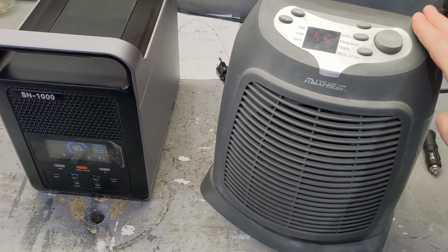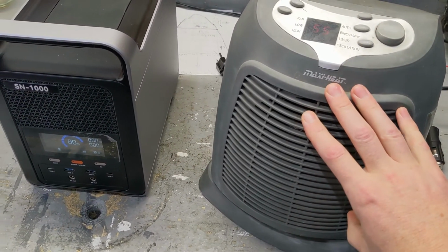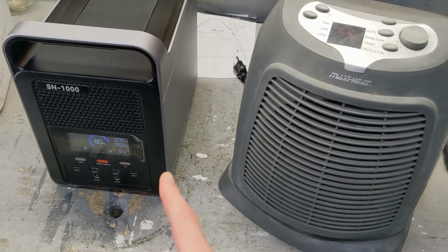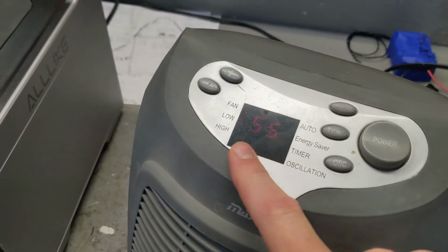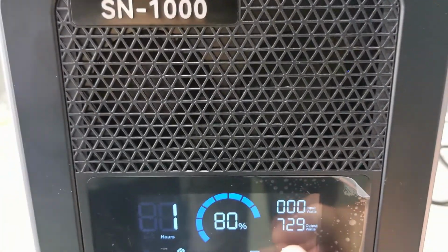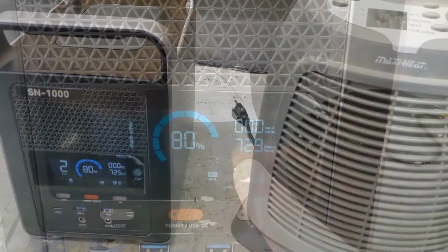I just plugged in this heater to it, and this is 1500 watts. So I'm expecting not to be able to handle it. We're gonna turn it on. This is at low. It's pulling 729. So we're gonna go to full,